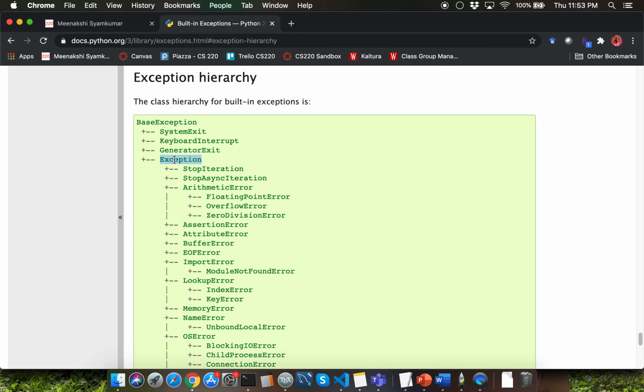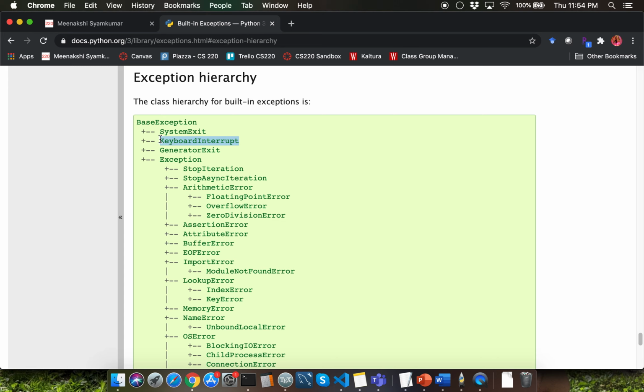So exception is not the most generic type. Base exception is the most generic type. Recall that when I just had an except colon block and when I changed the for loop into a while True, I showed you that the program will keep running forever, right? That's because when you have an except block just with except colon, you're just capturing a base exception, and keyboard interrupt, which represents Control C, right?